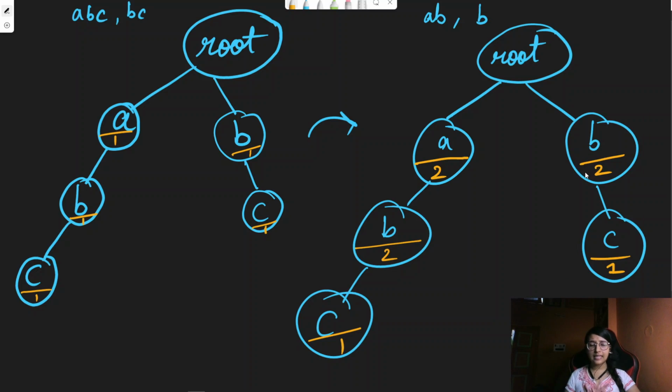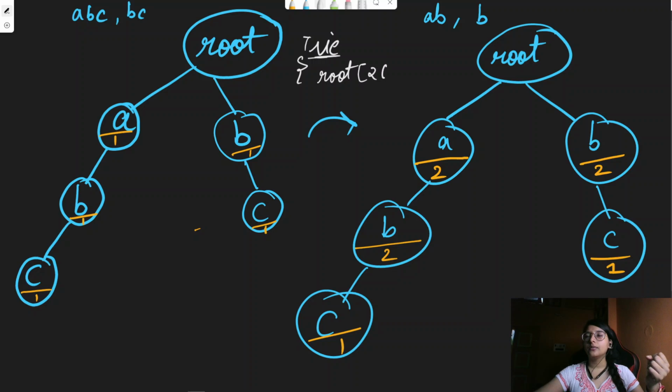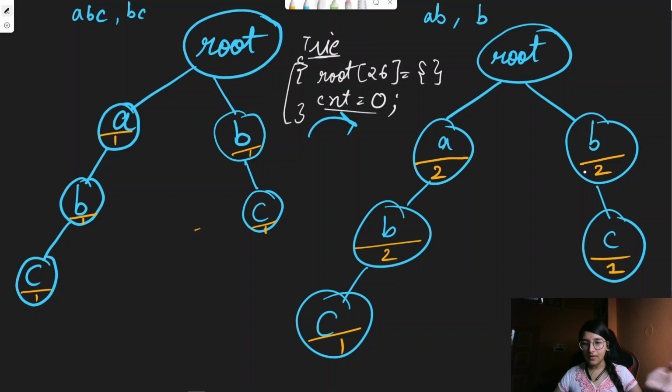We will be using our standard trie. A trie node is basically defined by a particular root, whose data type is this only, and then we are taking 26 characters, and why we are taking 26, because these are 26 alphabets only, right, and we will be taking one count which we will be initializing with 0. So this would be the structure of our trie, and the only thing which we have changed in this is that we are not taking that boolean variable which marks the end of the word,